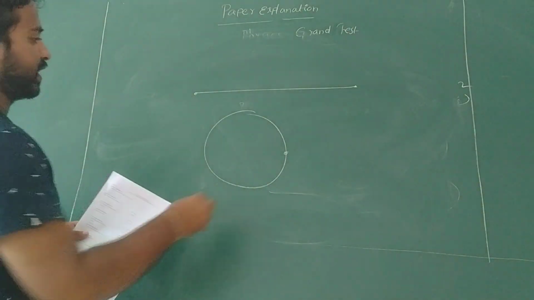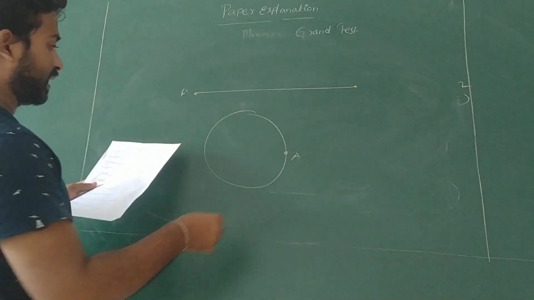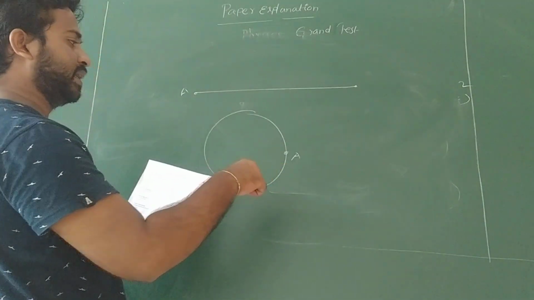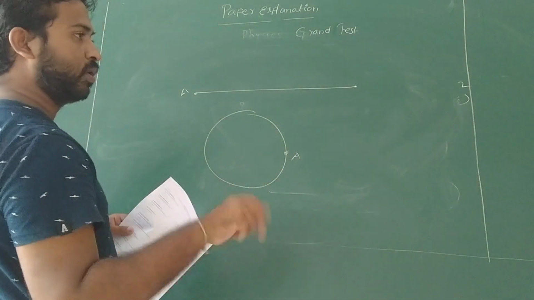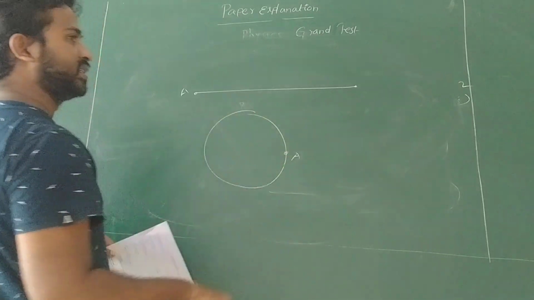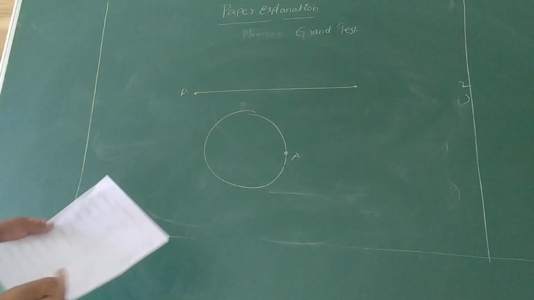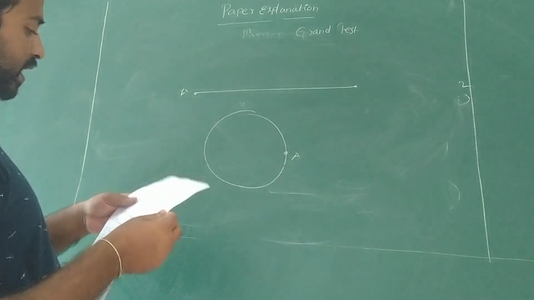So here, for example, it is A, it is also A. So the distance of the particle will be 0 means we can consider here the body will be at rest. If the body is at rest, the distance will be 0, displacement also will be 0. So if the distance of the particle is 0, compulsorily the displacement also will be 0. So it is also concept related only. So the answer of question 12 is 0, option A.